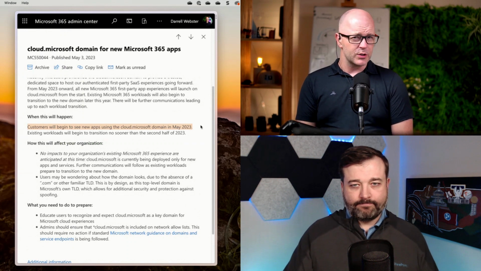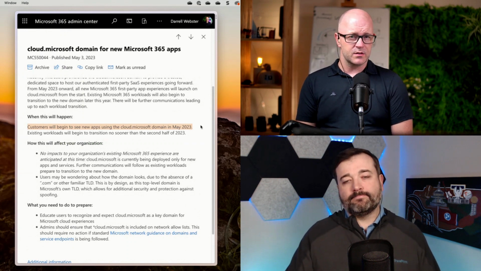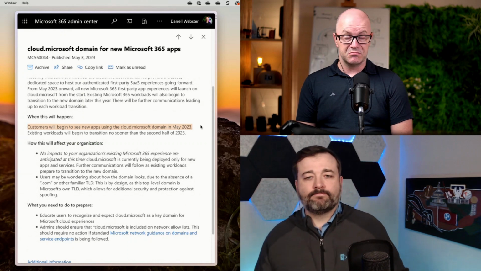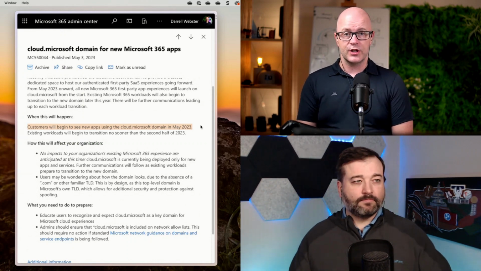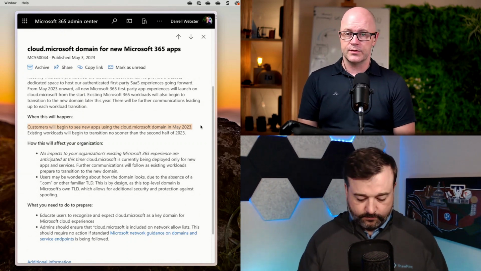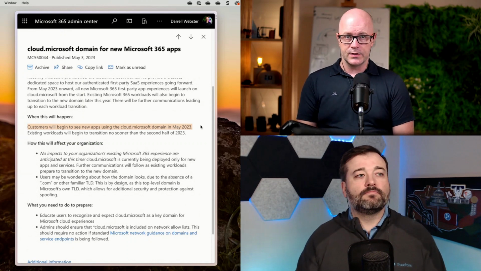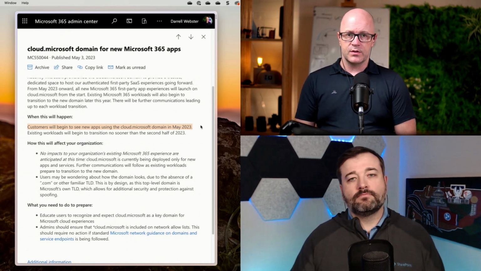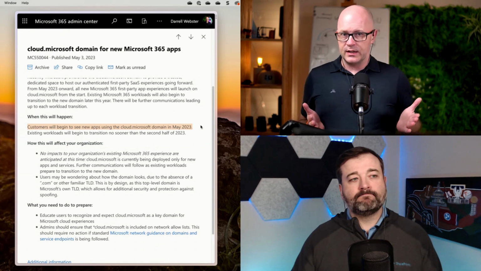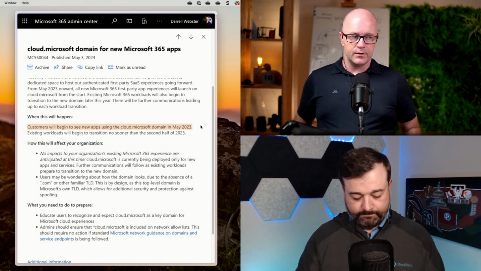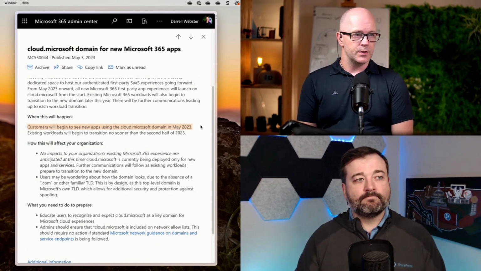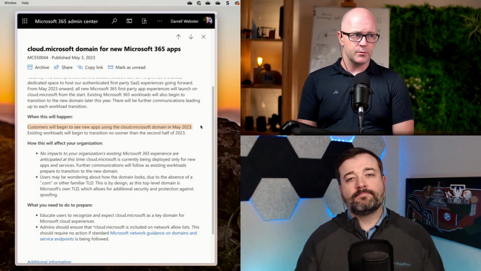Services like Loop, which are new-ish now, there's some interesting cloud storage that has changed a bit there, and I think it'll be announced at Build as to what that is. But that doesn't have a tenant name in there. It's found at a place. So the domain name change probably wouldn't affect that too much either.